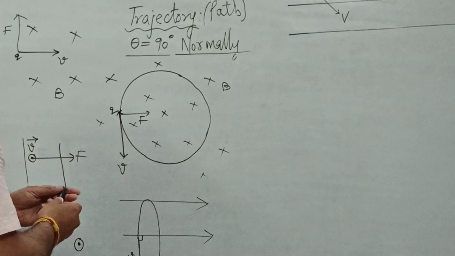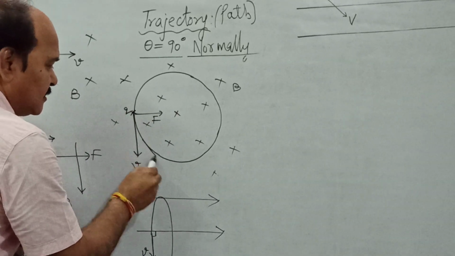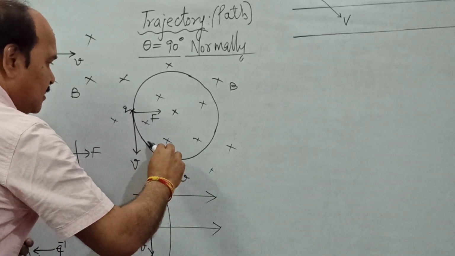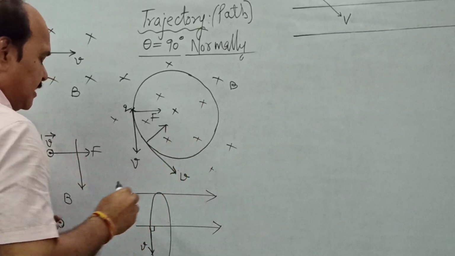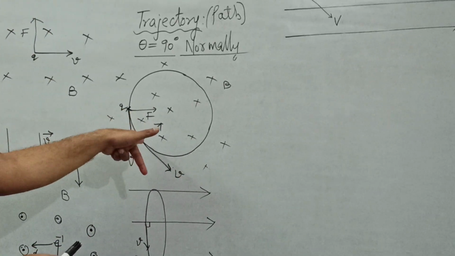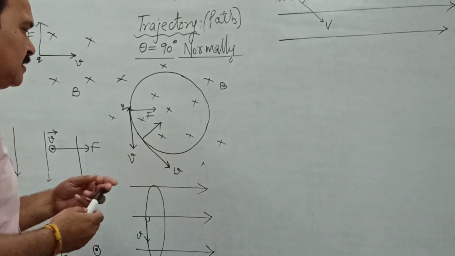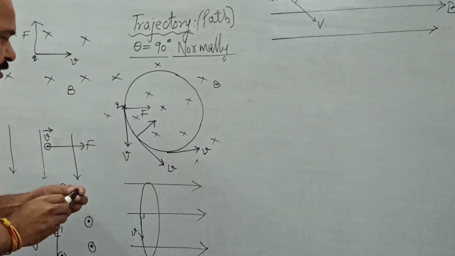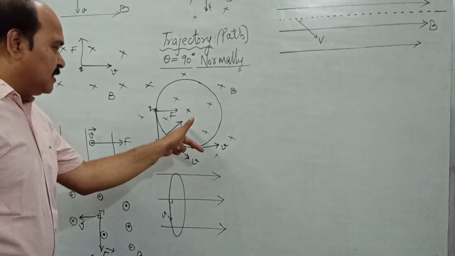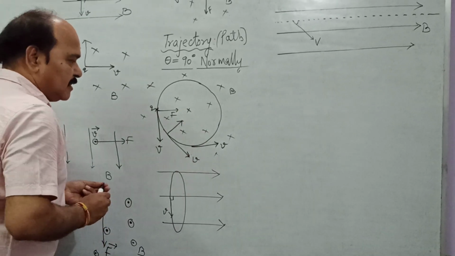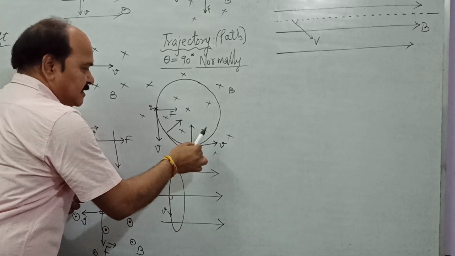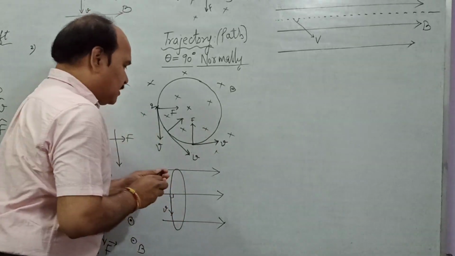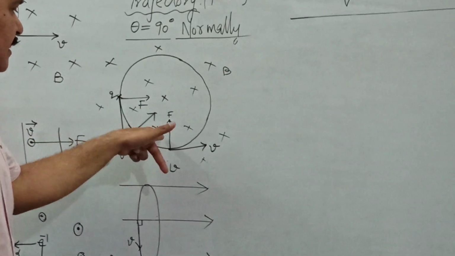But as the charged particle deflects towards right, the direction of the velocity changes, and by whatever angle the direction of velocity changes, by the same angle the direction of force also changes, like this. And the process continues. Velocity keeps changing its direction in its attempt to align itself along the force. But by whatever angle the velocity changes its direction, by the same angle the direction of force also changes. So the velocity keeps chasing the force.